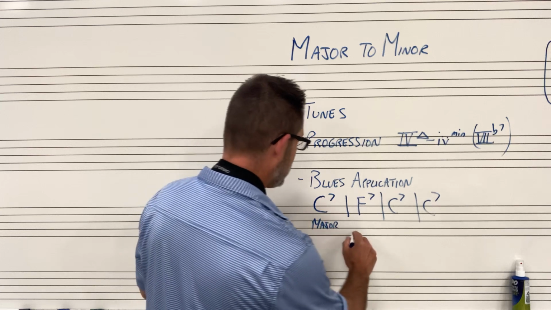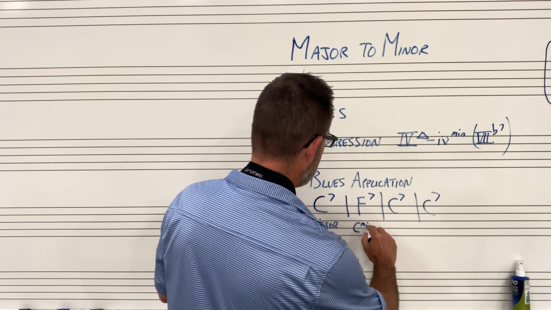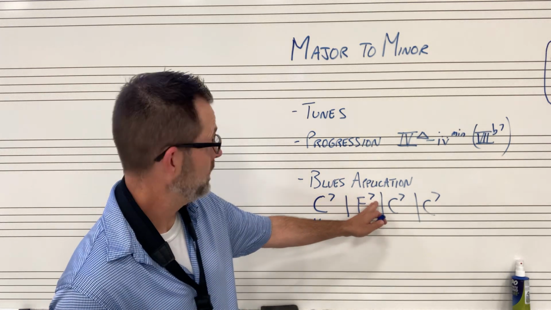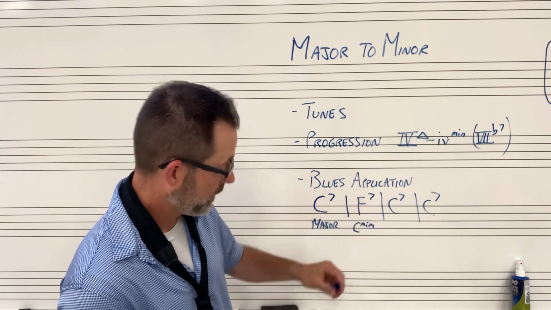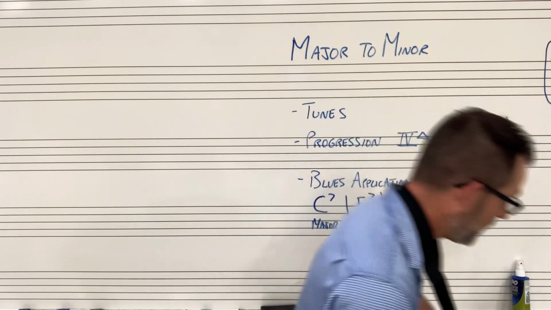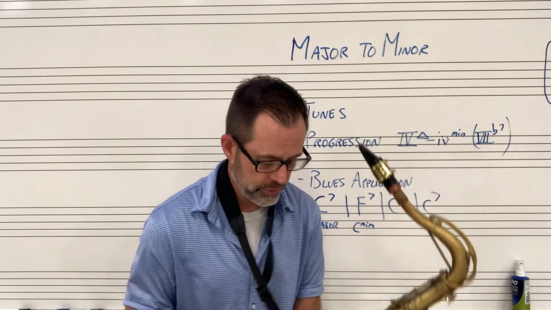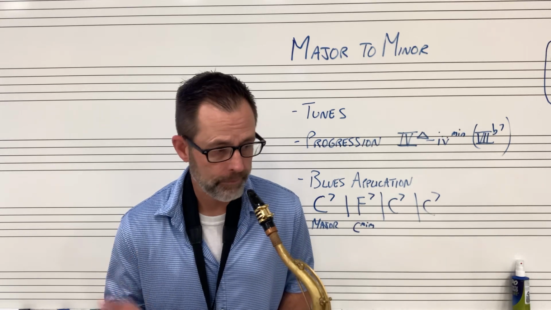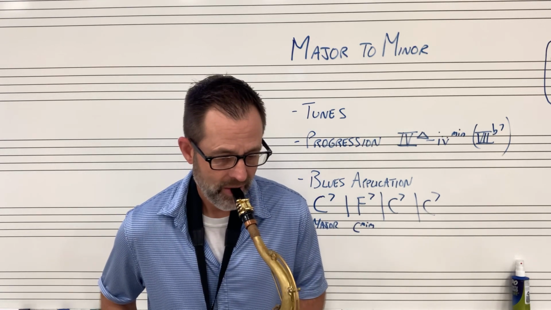And then I can still do a C minor, because now I've got an E flat as the 7 on the F7, so I've got that sound. Let me give you an example here, but this major to minor in the blues, super important as well. So 1, 2, 3,